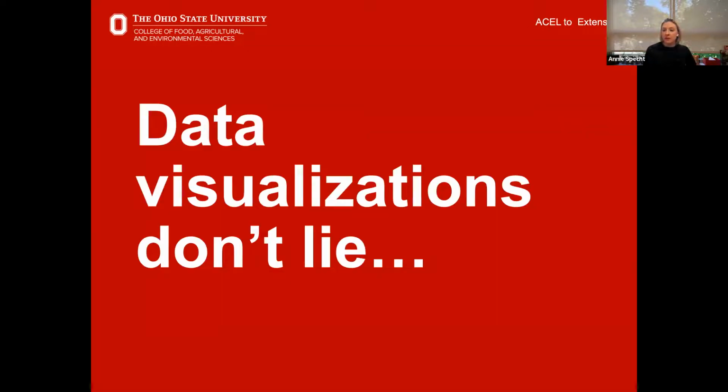So we're going to move into this idea of spotting issues with data visualizations. And the old adage goes, of course, statistics don't lie, but you can lie with statistics. And because a lot of data visualizations are based on statistical information, it is possible to have data visualizations that distort the findings or present findings incorrectly. We're going to talk through how you can spot some of those in your work or in other visualizations that you might be sharing with your stakeholders.